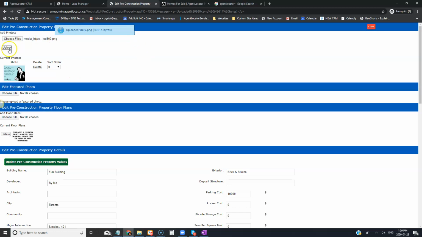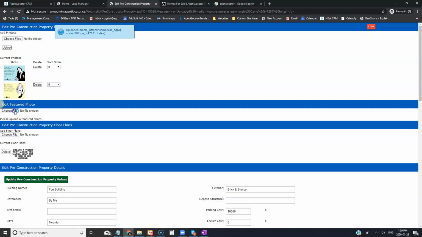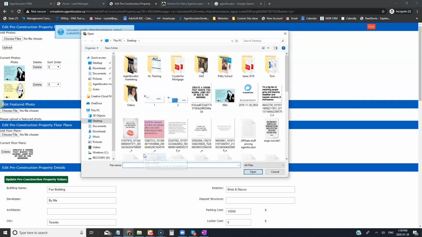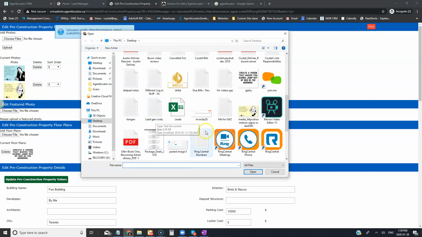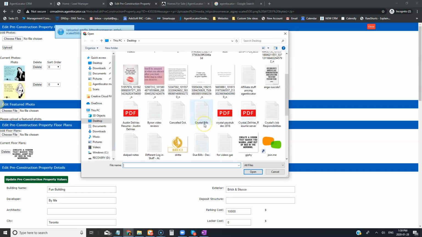So once that's going, we're going to upload this one as well. And then if you want a featured photo, so the featured photo is that front photo that everyone sees when they first come to it. So let's use